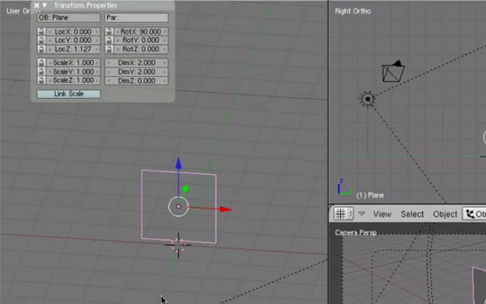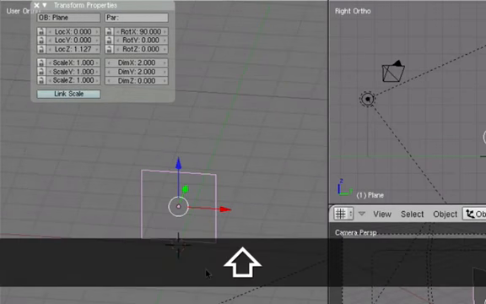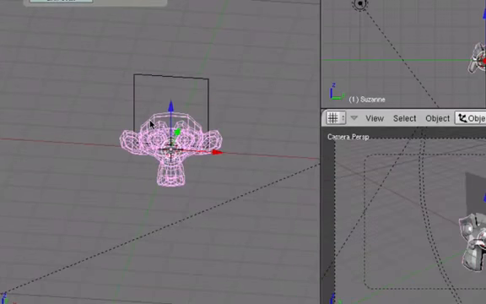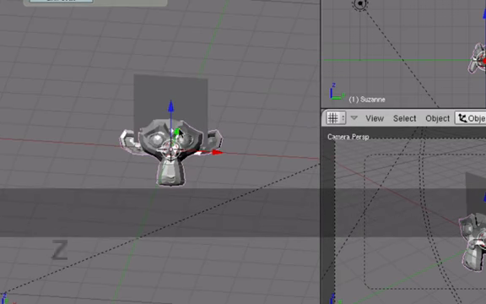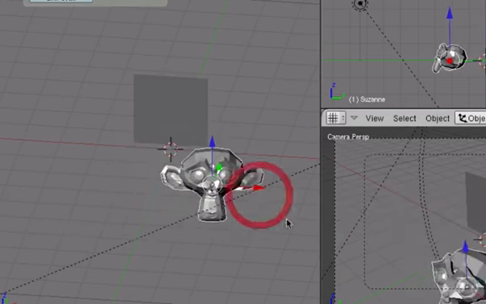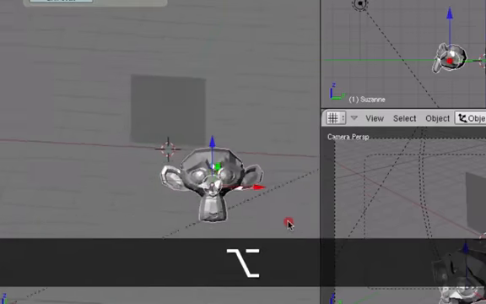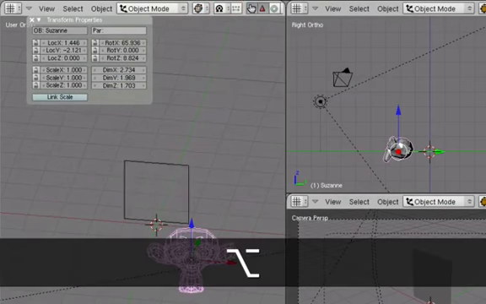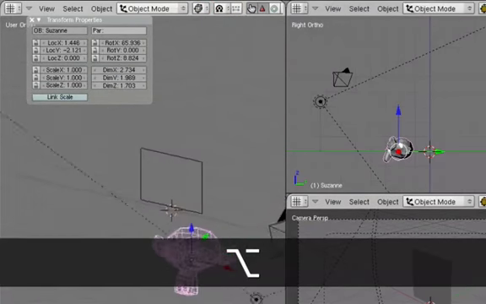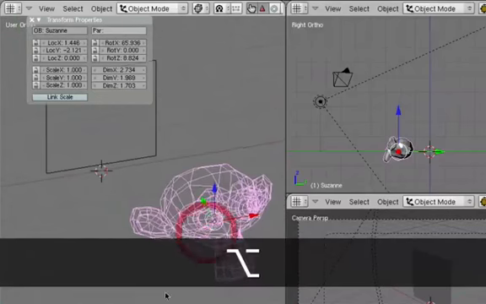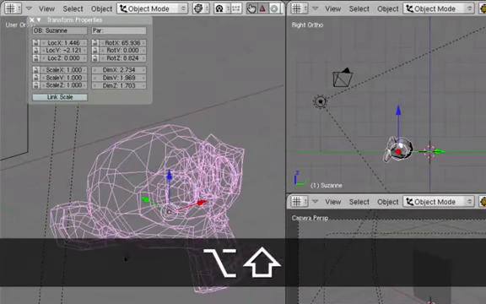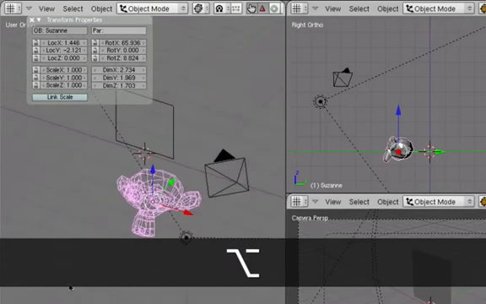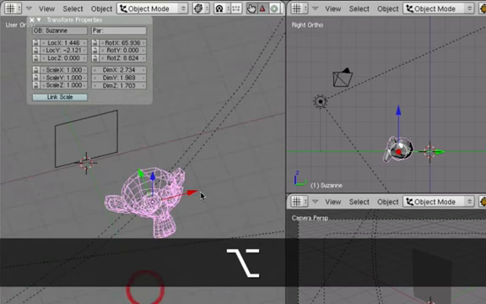We're going to create a monkey. There you go. This is Suzanne, which is the Blender mascot. And now if I select wireframe, you can see exactly what it means. We get that very cool 80s computer graphic wireframe. Okay, a wireframe can be very useful in many situations, and this menu is basically selecting the type of